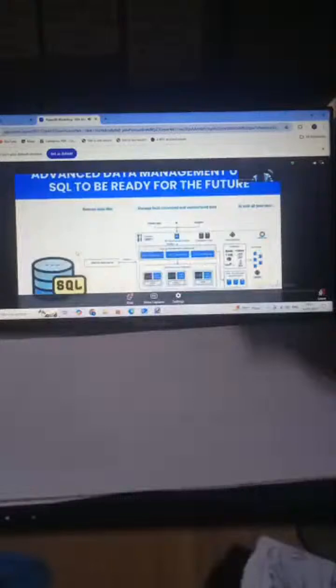Guys, skill number one, learn to use AI and prompt engineering for doing all these different sorts of work. Skill number two, learn to make AI-powered dashboards using Microsoft Power BI. Skill number three, advanced data management using SQL to be ready for the future. Skill number four, basics to advanced Microsoft Excel. Skill number five,